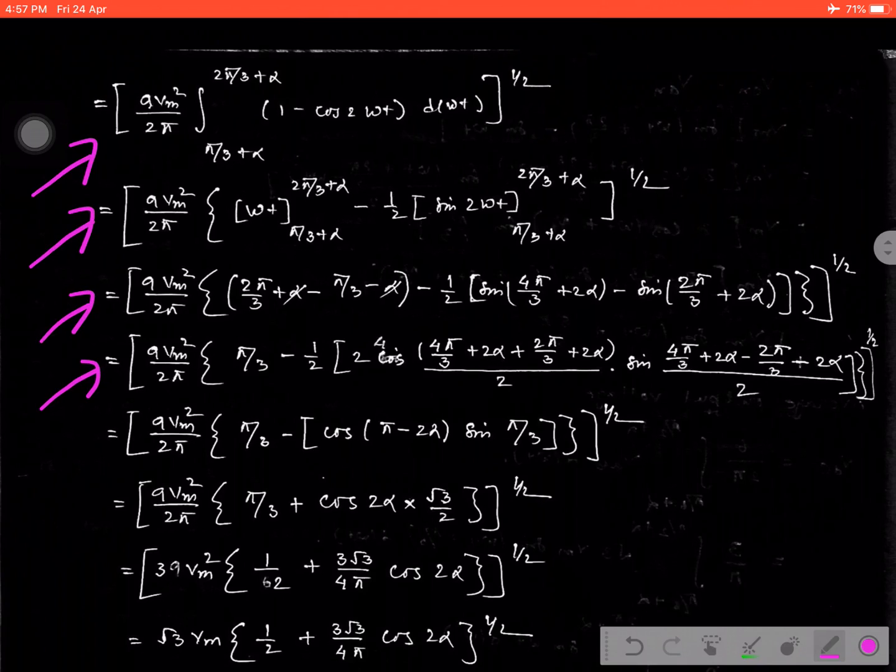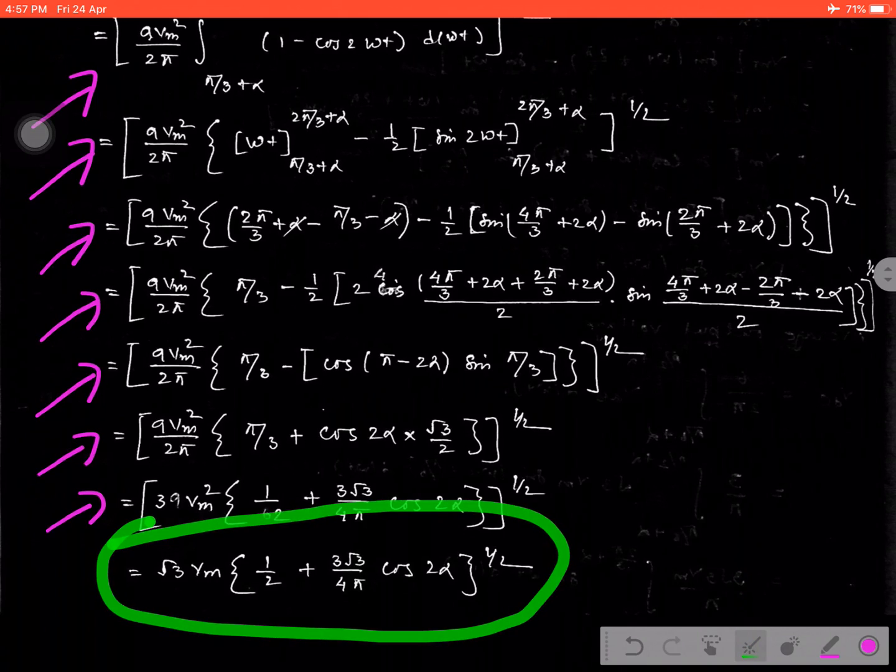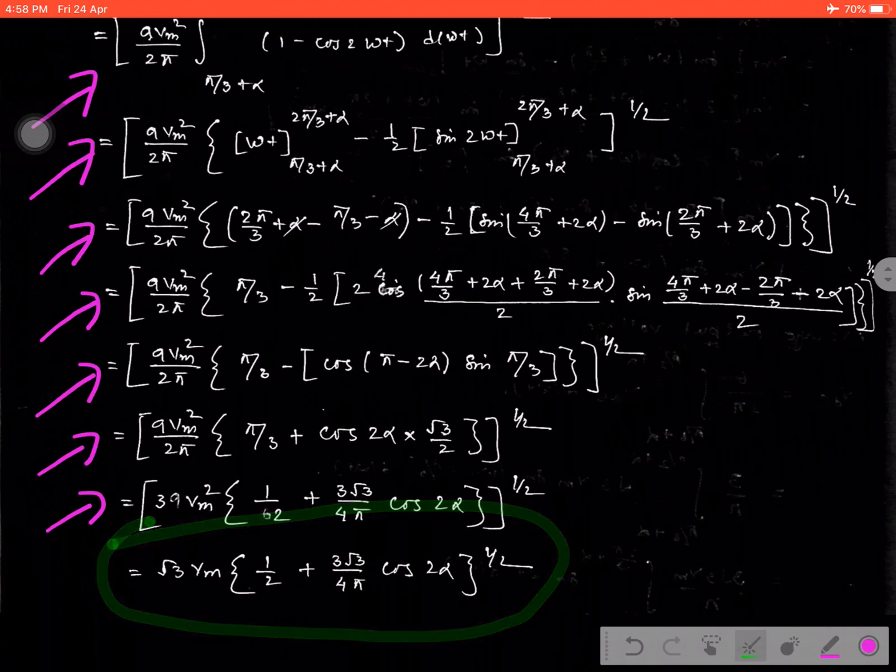Okay. Now, do all the steps I have mentioned here, and further it will be described by the final equation, that is root 3 Vm, 1 by 2 plus 3 root 3 by 4 pi cos 2 alpha, under root. So this is all about the